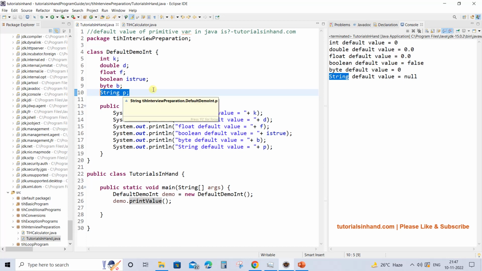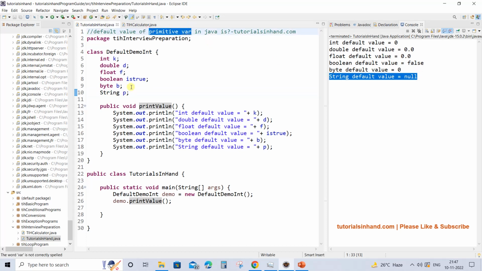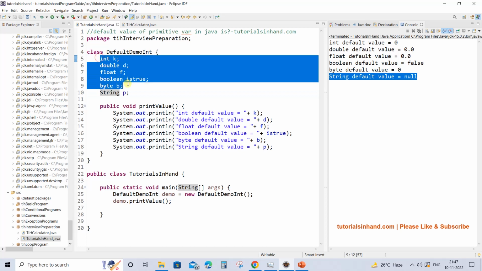So you should understand that string or any object reference has the default value as null, but make sure that you remember string is not a primitive data type. String is rather a class, and this is an object reference we are creating for the string class. Other than this, all these are primitive data types.